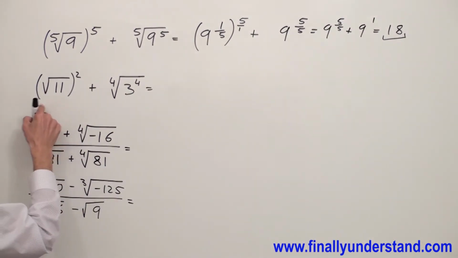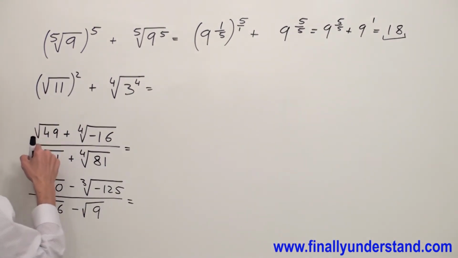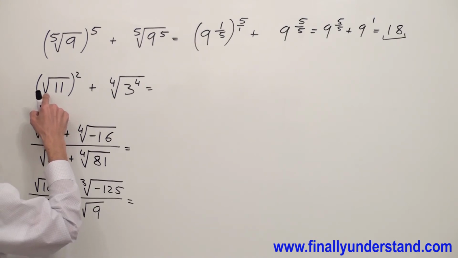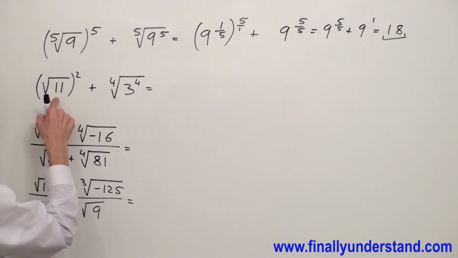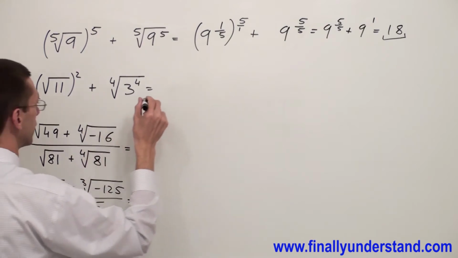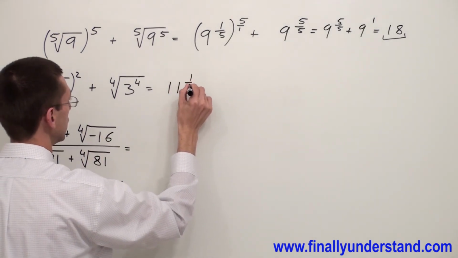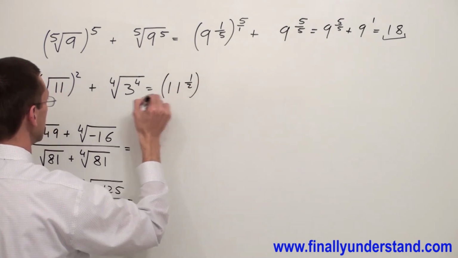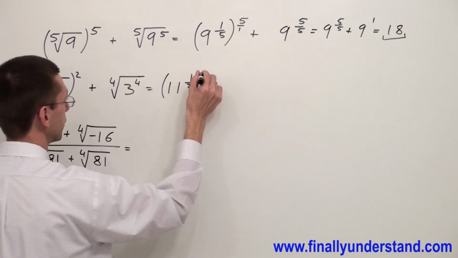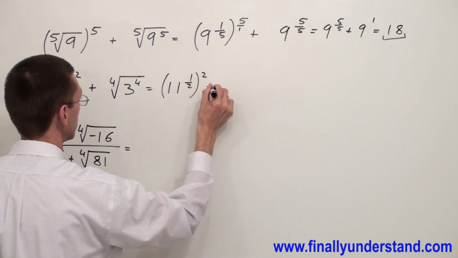Let's take a look at this example. Okay, what I'm going to do first, I'm going to convert my radical to the exponential form. I'm going to have 11 to the power 1/2. And everything is raised to the 2nd power. Plus